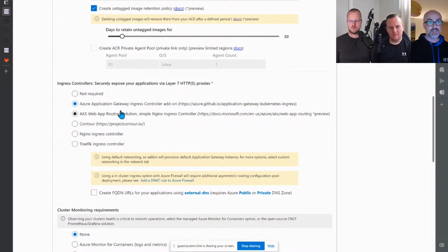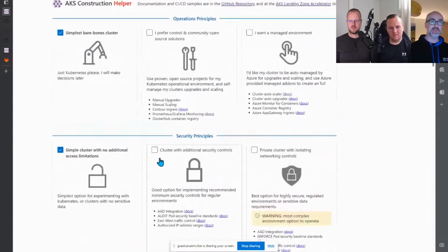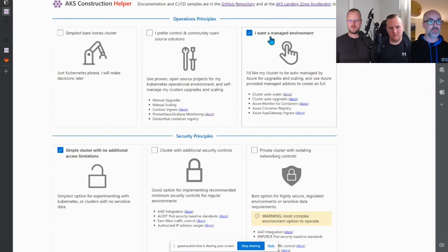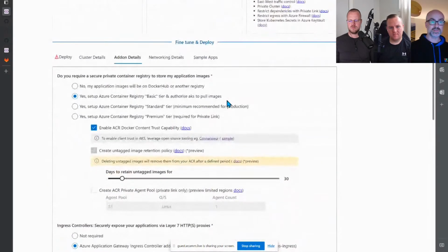And the experience you have with, let's say, App Gateway might be much more managed. So if we come back up to these templates at the very beginning, we can say our operational principle is we want a managed environment. That means automatically all those checkboxes for ingress and other things get checked.